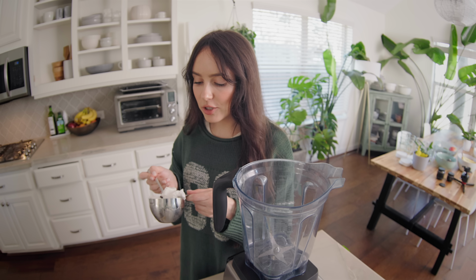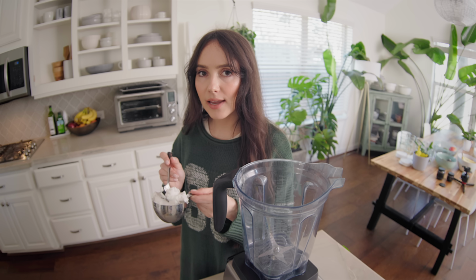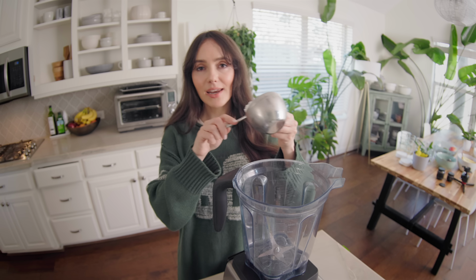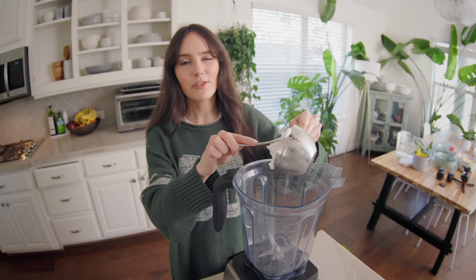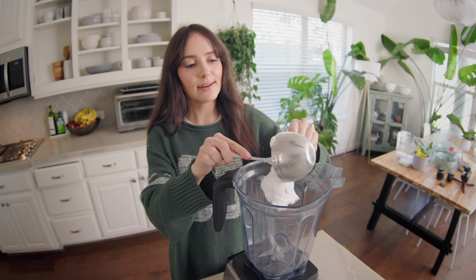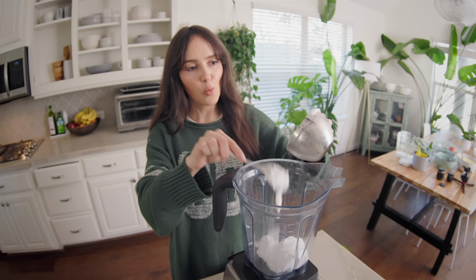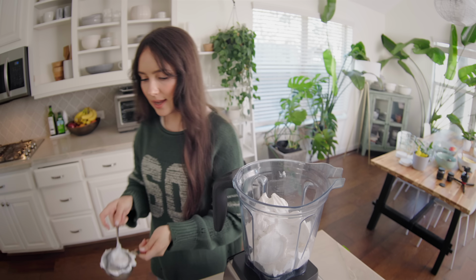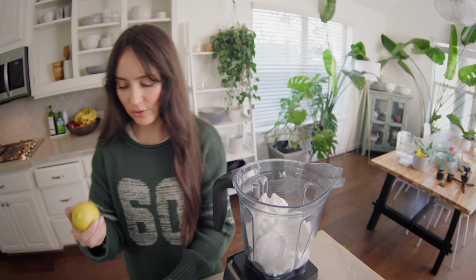And the yogurt I'm using today is pretty thick, so I might need to add a little bit of water as I go. If you've got regular yogurt, you probably won't need any water or milk, but if it's quite thick, give it a blend. You might need to add a little bit of water or milk as you go. Okay, so that's about 4 cups of yogurt. And now I'm just gonna use,